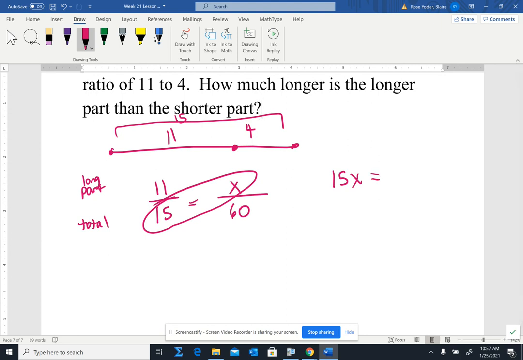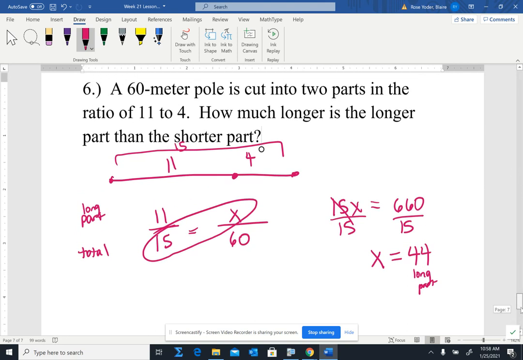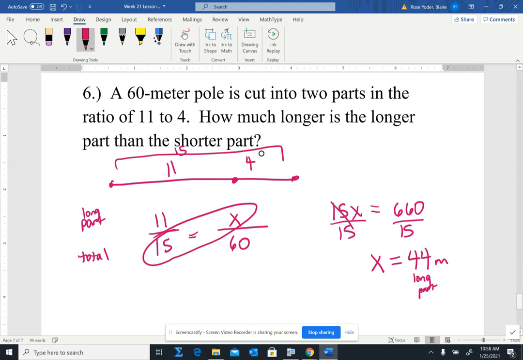Equals, and then 11 times 60, I think is 660. And if I divide, that should be 44. So 44 is the long part. 44, were there units on that? I don't even remember. 44 meters is the long part. If I want the short part, I can just go 60 minus 44. So that's 16 meters